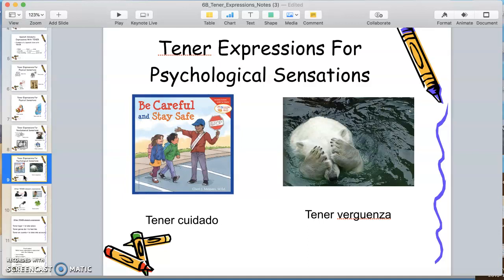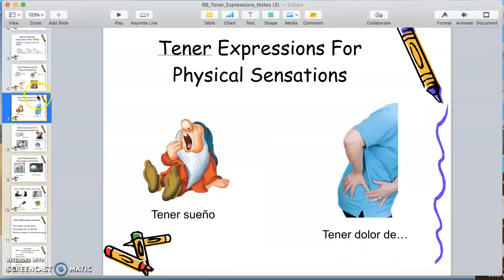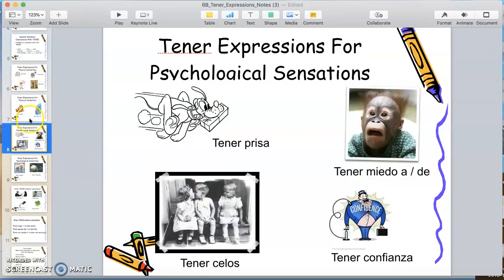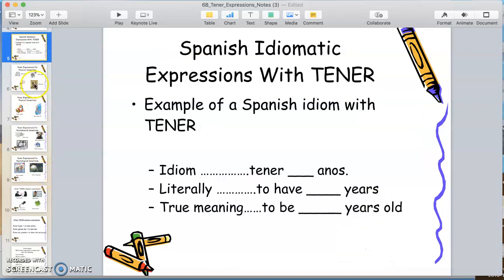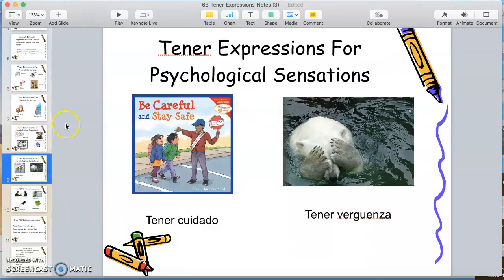Okay, let's keep going. So what we just did up until this point was more physical things, okay? I feel sleepy. I feel pain. I feel jealous. I feel I'm in a rush. I'm feeling that I'm scared. I'm feeling that I'm hungry. But now we have psychological sensations, okay? So something that's going more in the mind than it is a physical